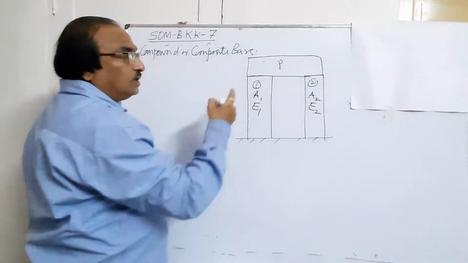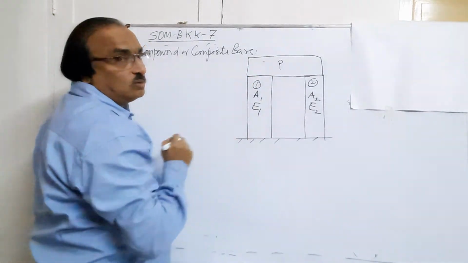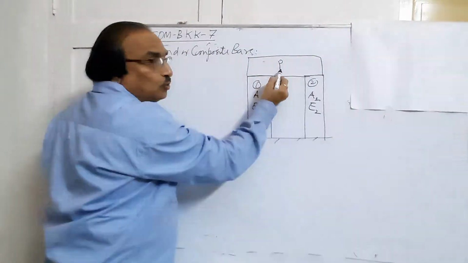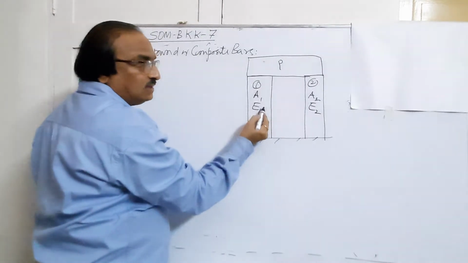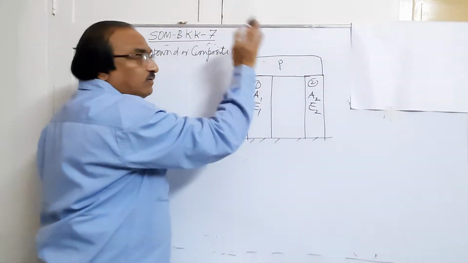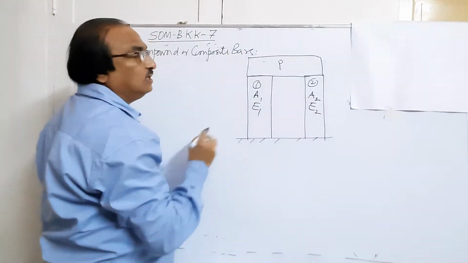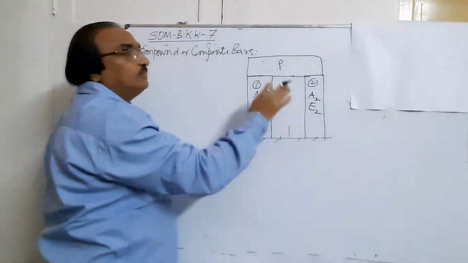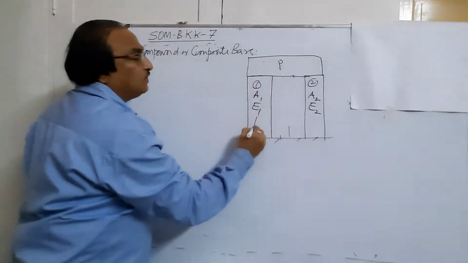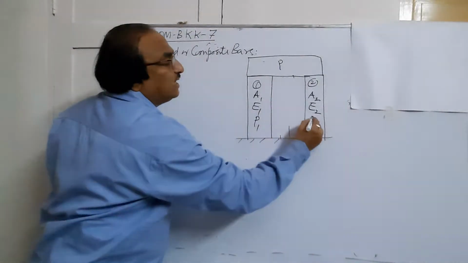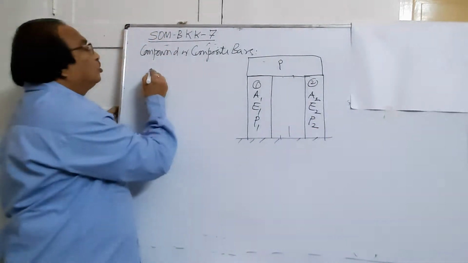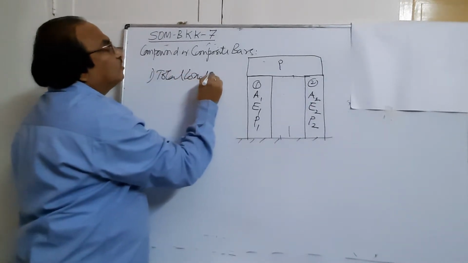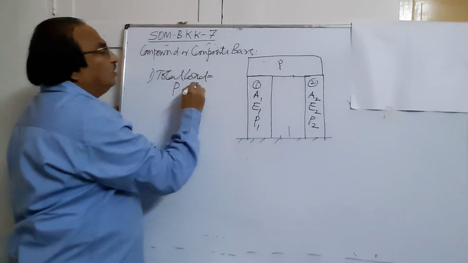Now the total load acting should be transferred to the ground. How will it go? It will go through the columns. Whatever load you are putting, some of the load is taken by 1 and some by 2. But whatever load is coming has to be taken by the two materials only. Suppose I give another column here, so the load in columns 1, 2, 3 must be equal to the total load acting. So suppose this is taking a load of P1 and this is taking a load of P2, then the total load P is equal to, what is the total load?